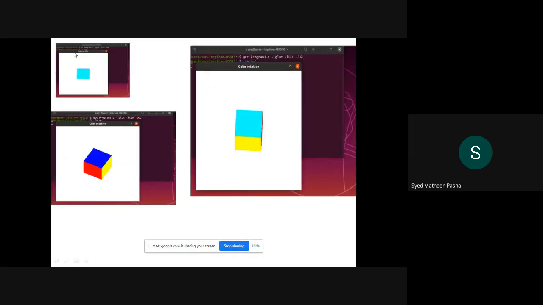As I told, the first stage is you are just displaying the cube. The second stage is coloring of the cube. The third stage will be spinning of the cube. This output basically will get the spinning cube usually. I have just represented the output in three forms. The first form is just displaying of the cube, coloring of the faces of the cube, and the third will be spinning of the cube. So this is all about the